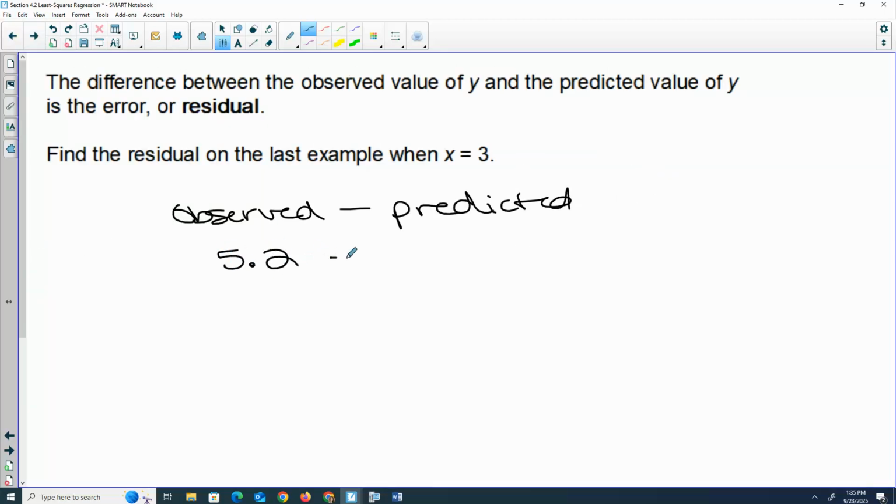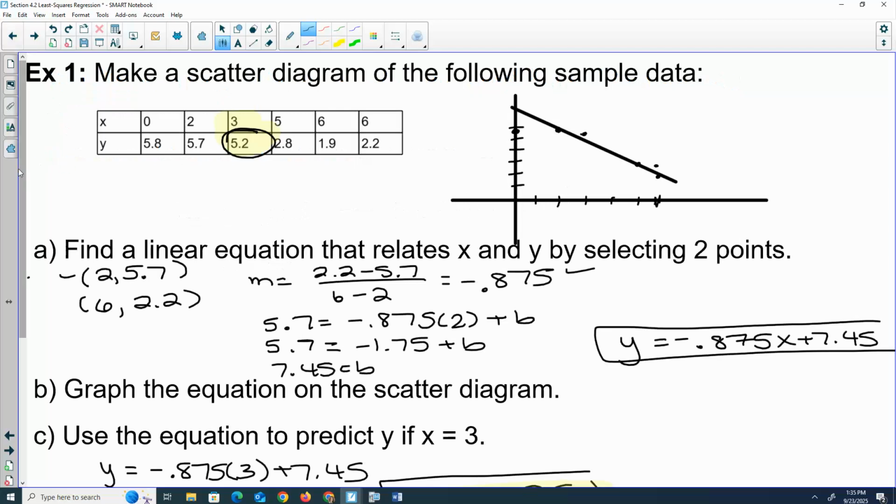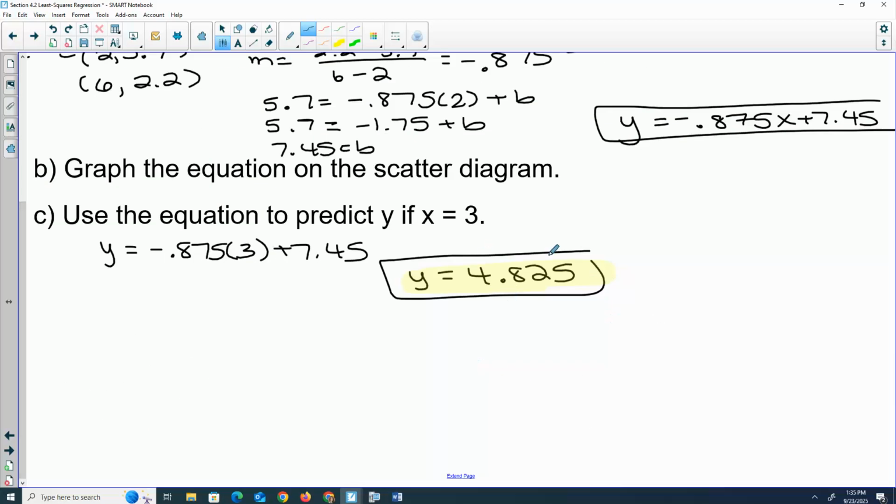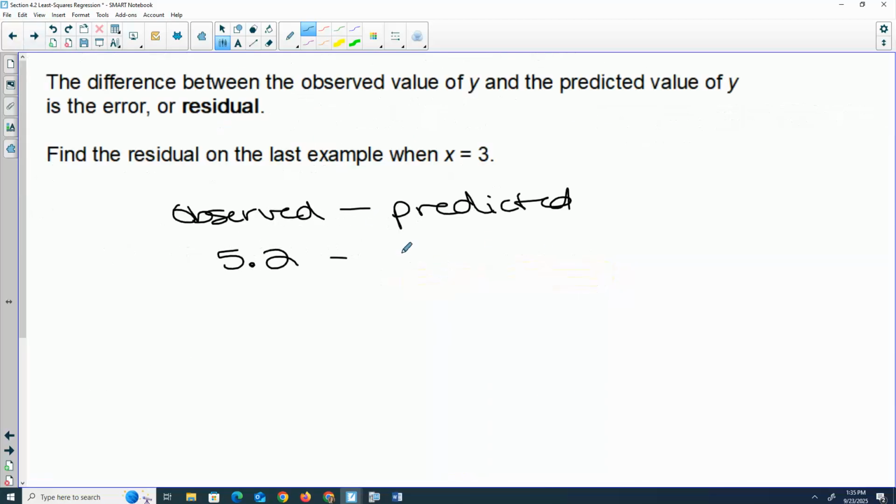Predicted is what we would guess from our line. When we used our line, we got 4.825. So for the residual, you subtract these. The observed is what happened in the table. So our residual is